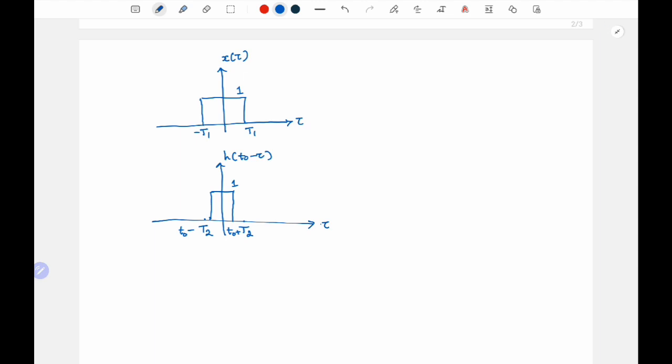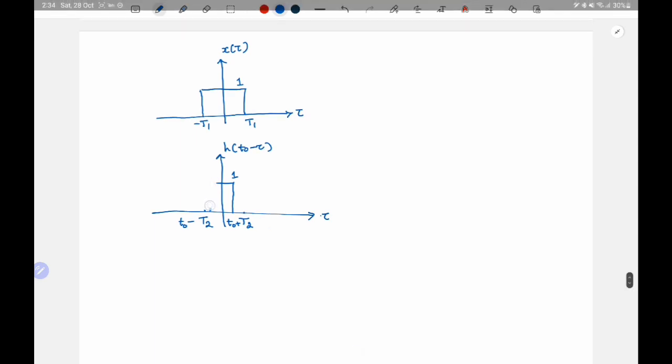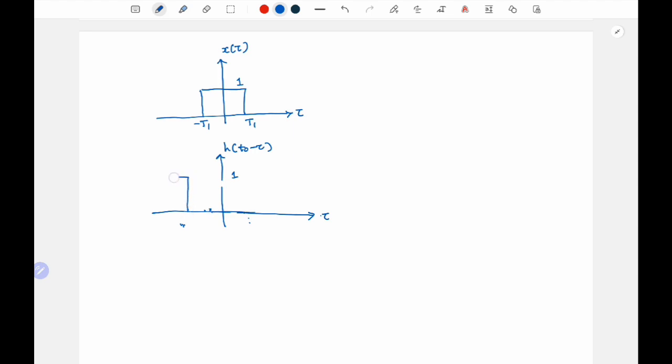So in the first case, let us take this to be somewhere over here. So this was the axis. This was t0 plus t2. This was t0 minus t2. So this t0 plus t2 is actually less than minus t1, which means t0 is less than minus t1 plus t2. So in this case, there is no overlap